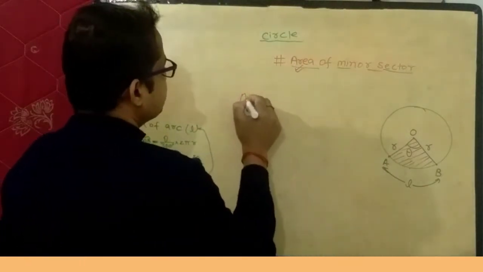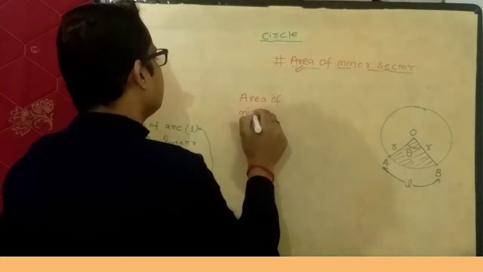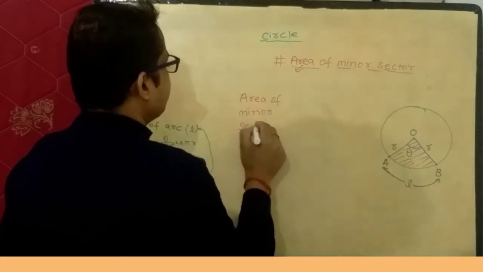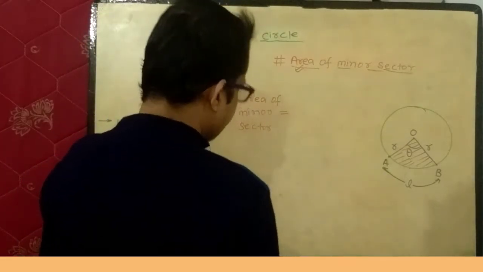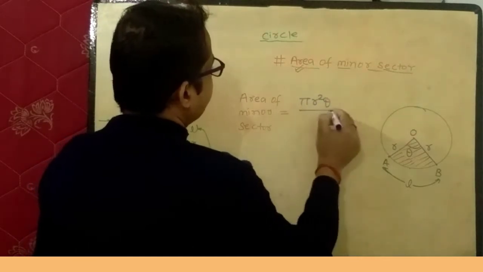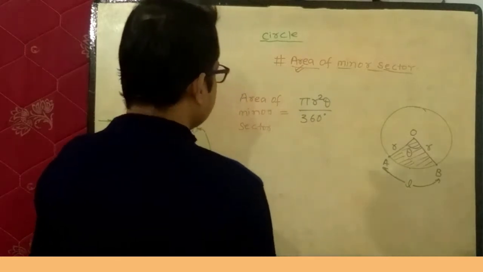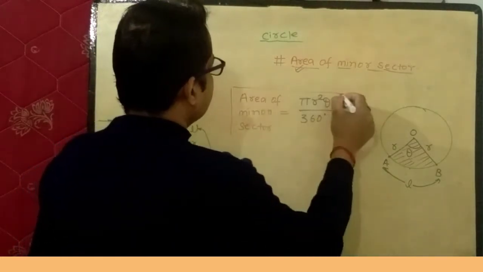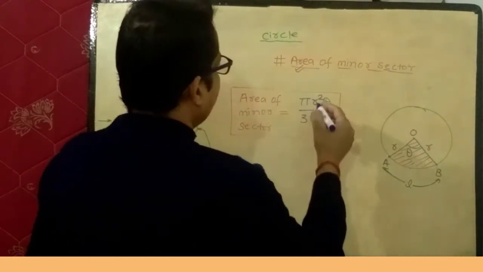So area of minor sector equals pi r square theta upon 360 degrees. This is the area of this minor sector,